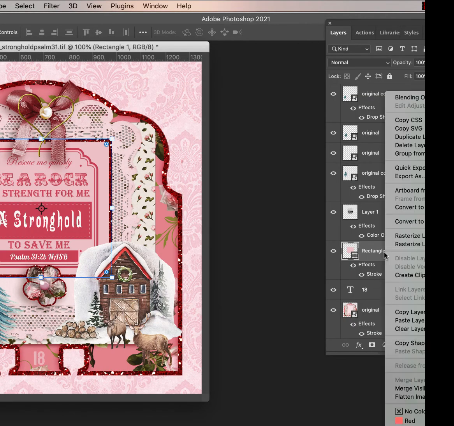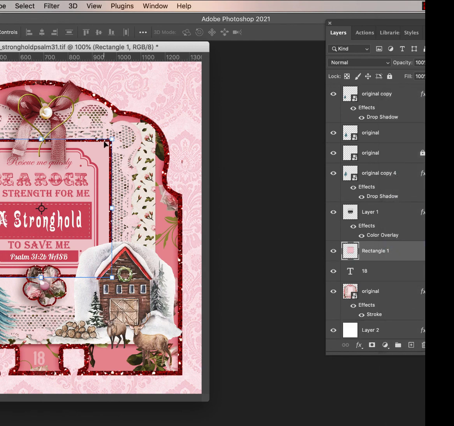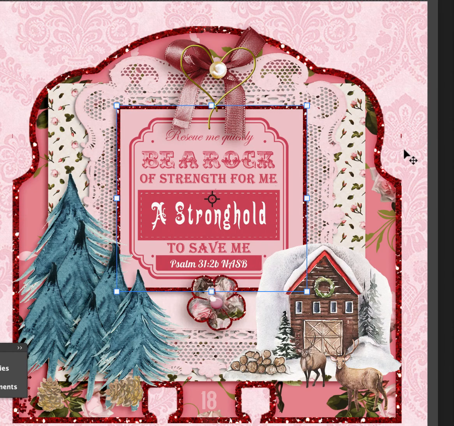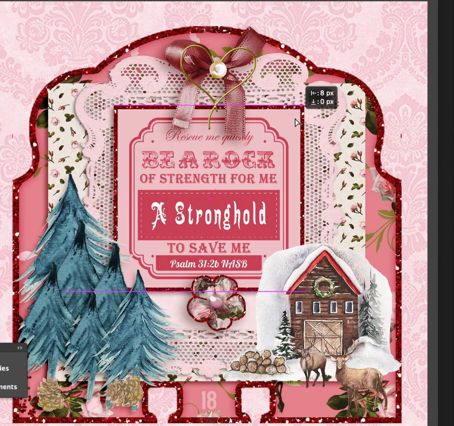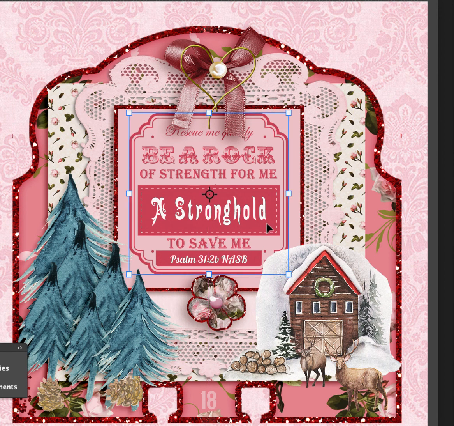Now we're going to rasterize the layer style, because I want to put a drop shadow on it. If I put the drop shadow on it the way it was, it'll remove my glitter. So now I'll put my drop shadow. And we have glitter on the outside of the card, on the little rectangle that's matting the Bible verse. And you can even